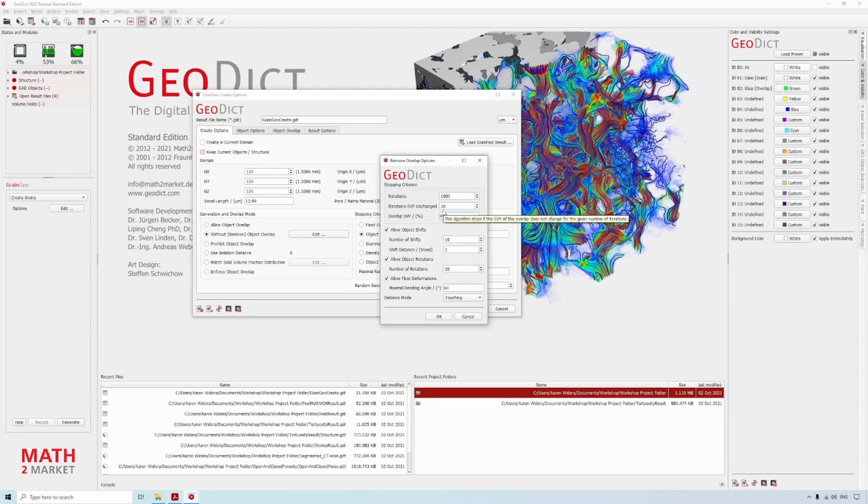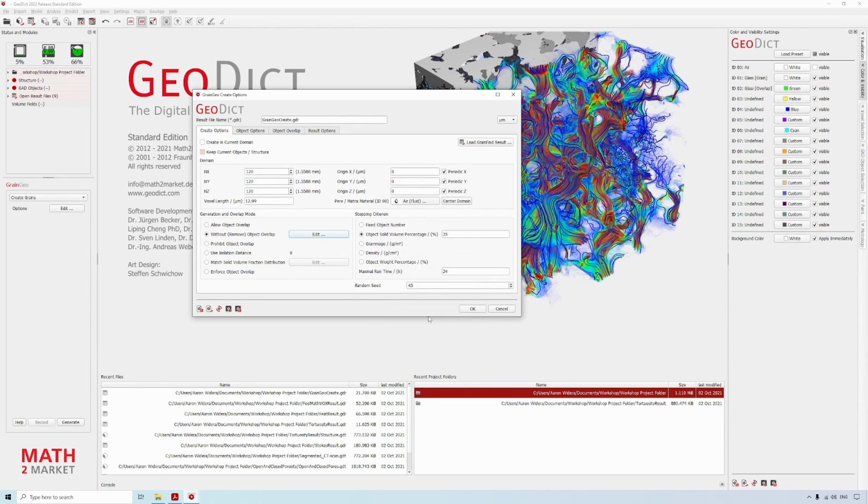We select 0.5 and we deselect the other 2 boxes. Since we know that our CT scan had a solid volume fraction of 16 to 17%, we select here a solid volume percentage of the inverse, so 84%.